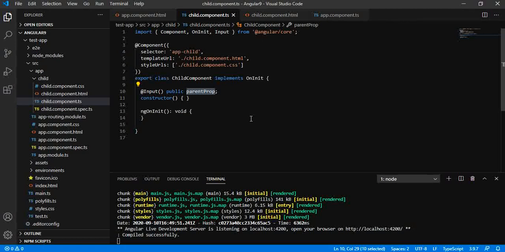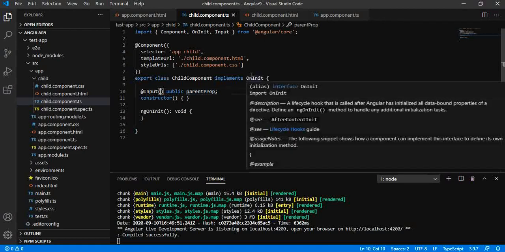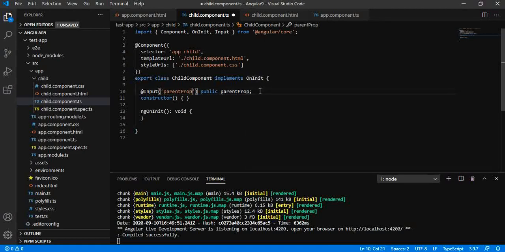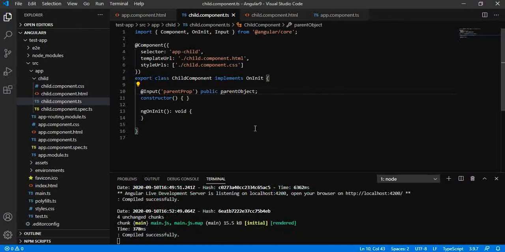One thing is we can apply the name aliasing. So if we want the property name to be different in component, then we can use aliasing of property. In this case, as we know, this particular property name that we are getting, and we want to utilize something different name, then we can use like parent object.